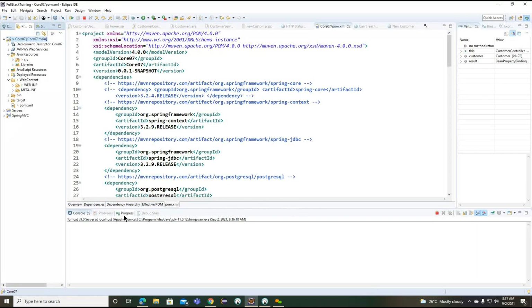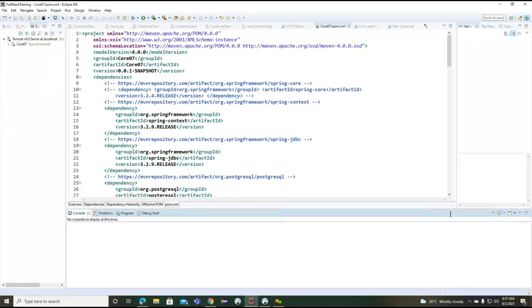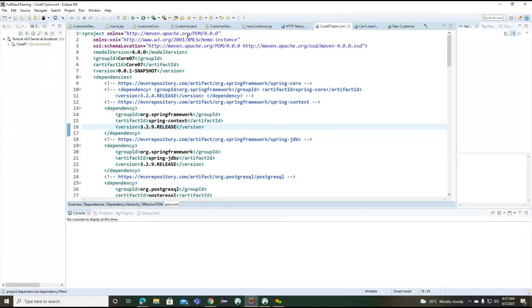Okay. So I will provide you the recording of this particular example tomorrow, because I need to work on internally why the validation is not triggering here.